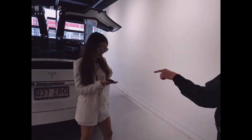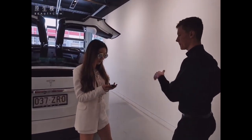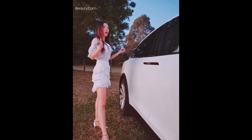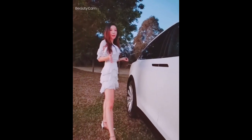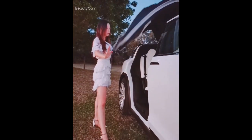Now, on the side of the key, you've got buttons for both wings, and once again, if you double click it, it will shut the door. The concern I had is how close it can be parked in the shopping centers. If the door is going to open if you park tightly in the car park. So let's just do a quick test here. If I'm quite close,